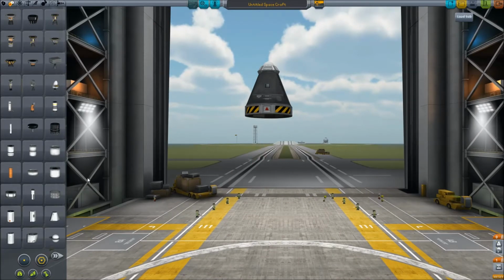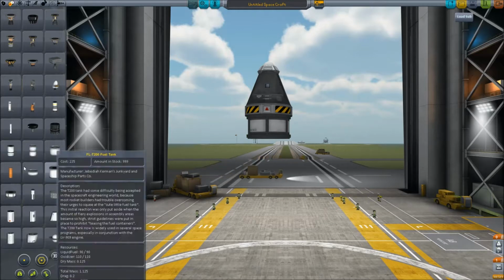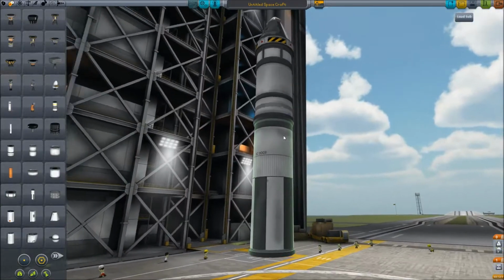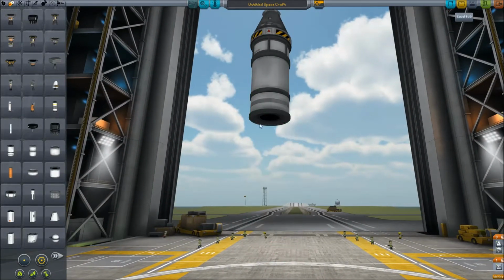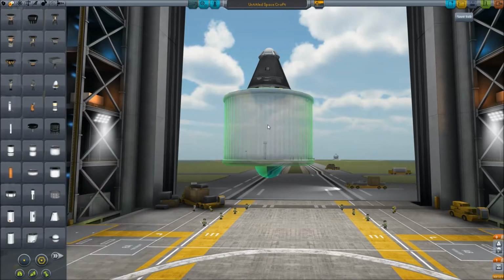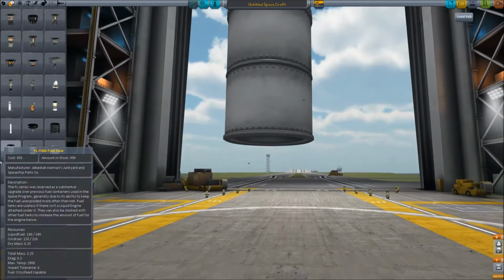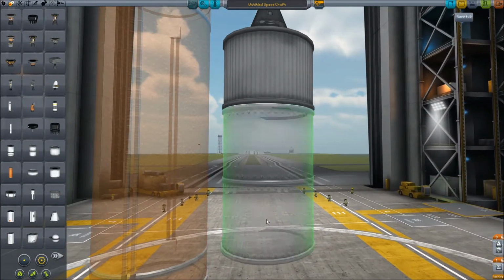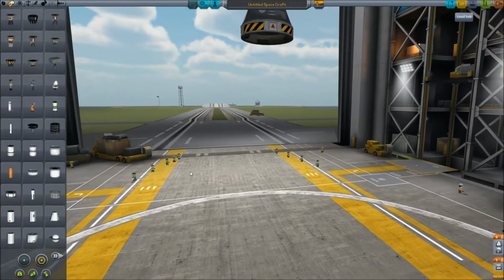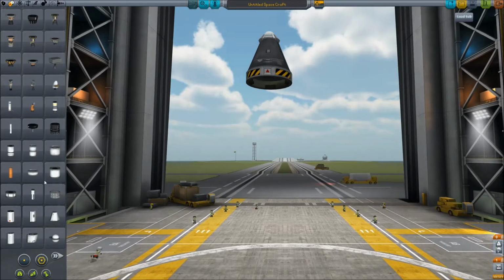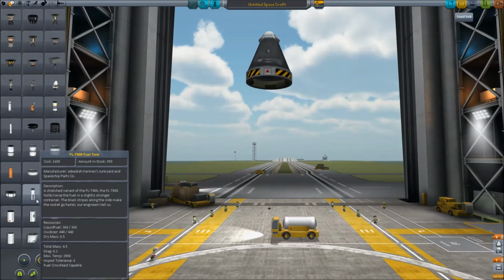That's the small fuel tank, and then we have these medium fuel tanks. We have the small medium, the medium, and the largest of the medium, which is the one we're going to be using. So we have this, this, and this. And then if we get rid of them, we have the small large, medium large, and then ridiculously huge large. But those are for really big rockets and sending stuff to other planets. So we don't need that for the time being. For some reason it's gone really laggy. Anyway, for now we're just going to be using the largest of the medium fuel tanks,